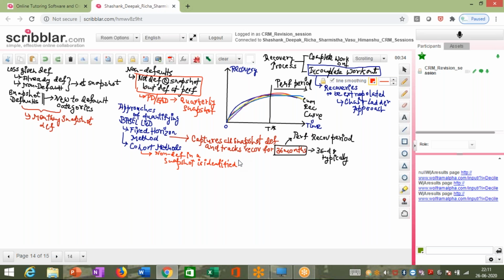The second question that comes out over here is, from here, a few of the important questions come up. First of all, one of the important questions is how to calculate the downturn LGD. Now the second question is that we need to understand the recovery side. So assuming that the recovery is completed or recovery is not completed and you have 36 months of performance, then how do I go about